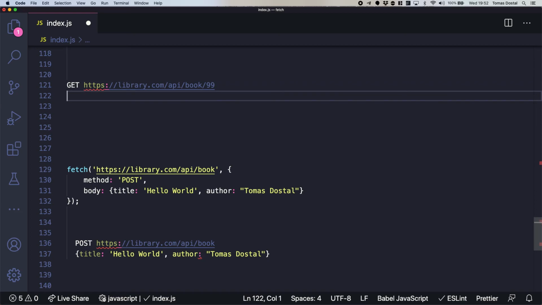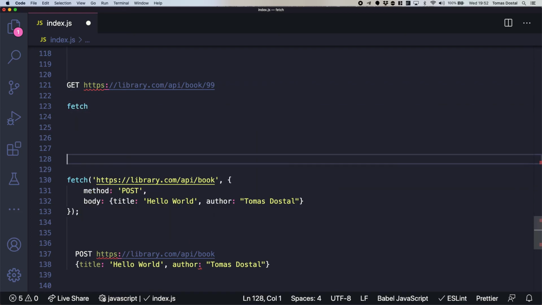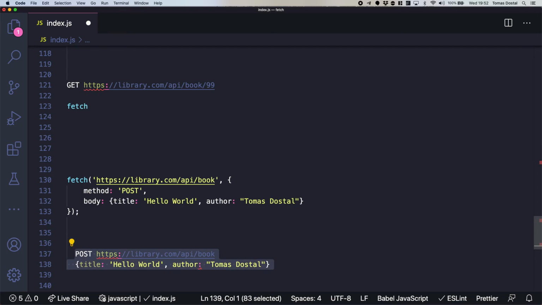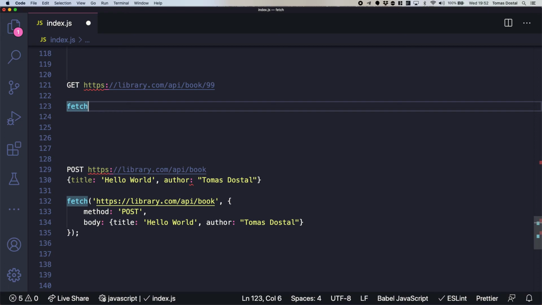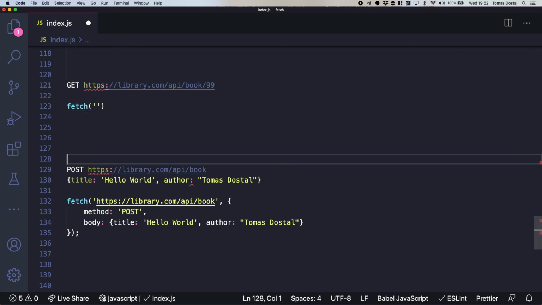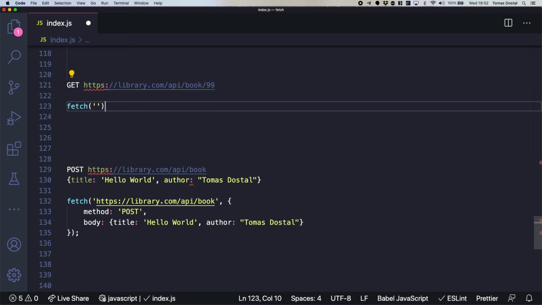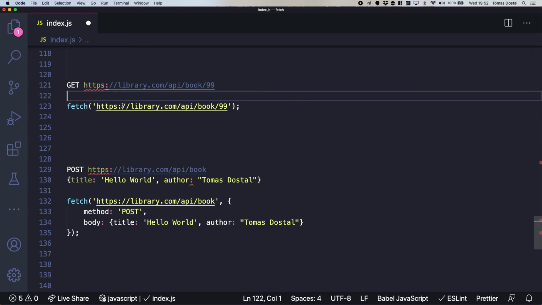So in this case, the fetch would be just like this. That's it, because it doesn't have any body. It's just a request. So when you just put fetch like that, then it's automatically a get. Yes, by default, fetch is a get. Got it. If you want to use any other method, you would have to specify it in here. Got it. Makes sense. Thank you.